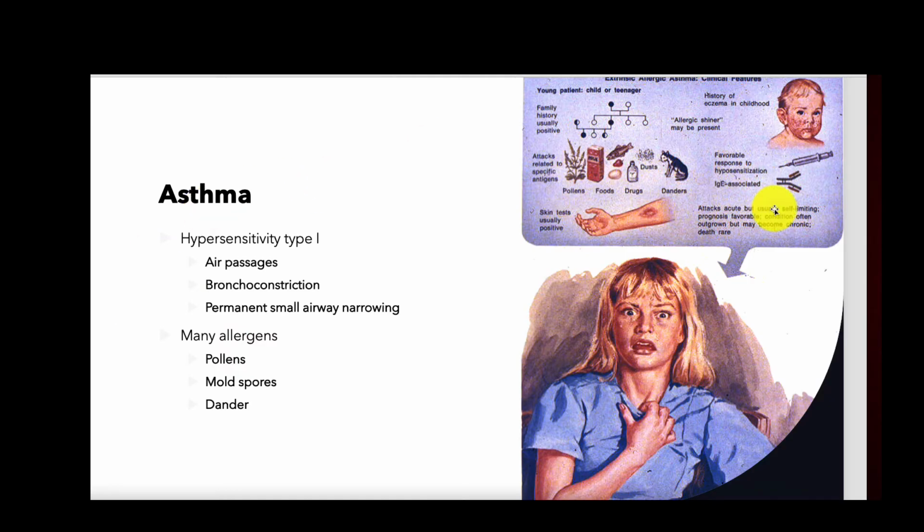Another one is asthma. You guys are very familiar with asthma. Asthma can be caused from cigarette smoking, secondhand smoke, right? Air pollutants can cause asthma. And we know that asthma happens in children with things like pollen, or things like food or drugs, or dandruff from cats, dandruff from cockroaches, of all things. They can shed, and they can cause an asthmatic reaction.